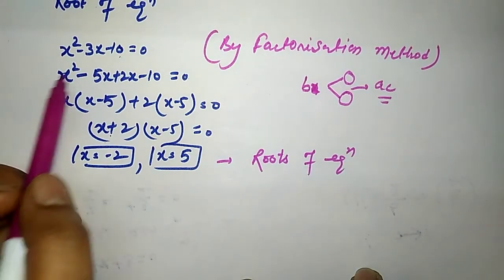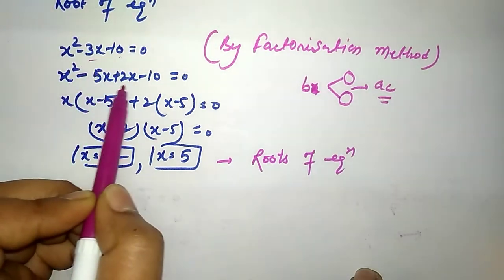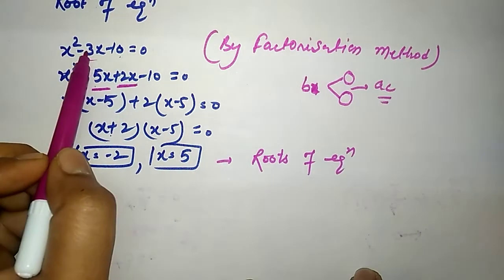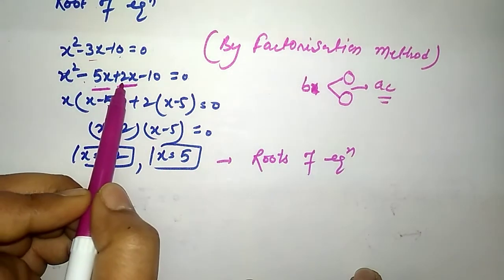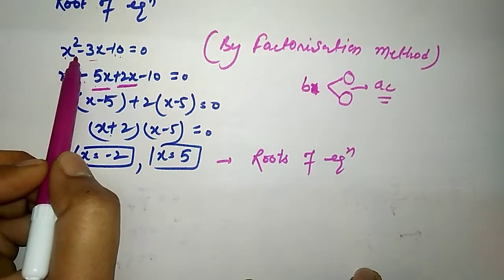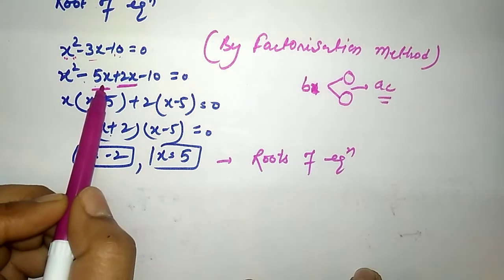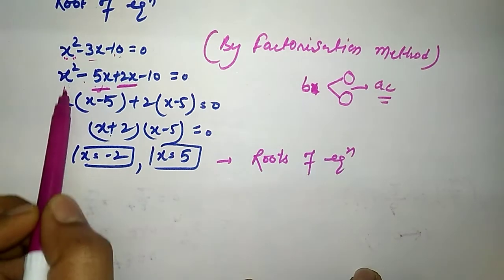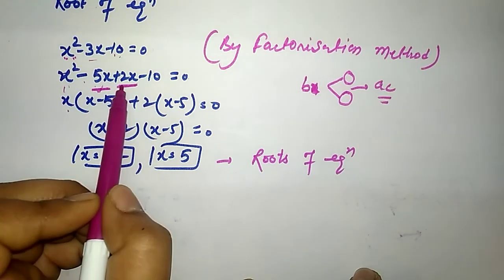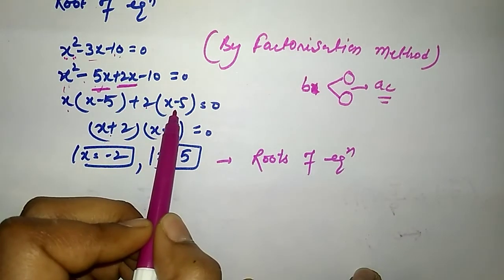We should have the two factors like this. Clear? So in this I have done the splitting of minus 3x into two factors, that is minus 5x and plus 2x, so that I can get minus 3x. Minus 5x multiplied by 2x is minus 10x square. Clear? So after taking x common from the first two terms, we are left with x minus 5, and again taking 2 common from the other two terms, we are again left with x minus 5.